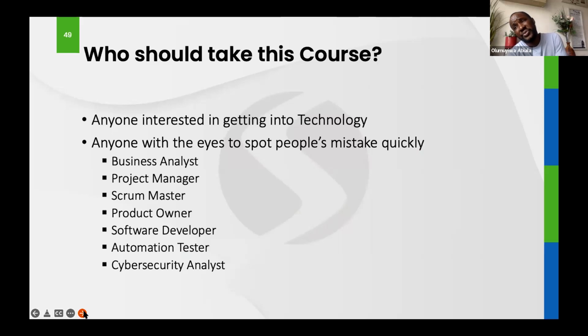So do you think this is for you? Who should take it? Who wants to be in the testing world? Anybody. And like I said, it's the easiest path to get into technology. Anybody can take it, be a business analyst, a project manager, a scrum master, a product owner, you want to be a software developer in test, even an automation tester, just like somebody asked earlier,